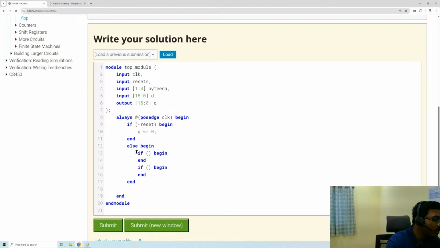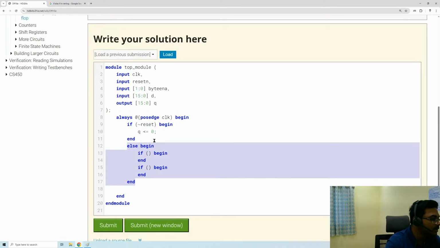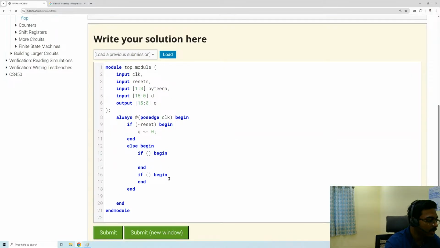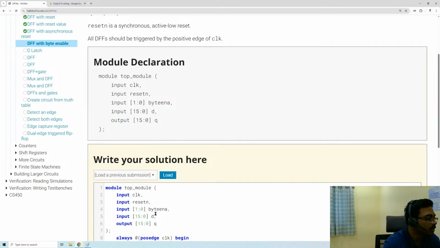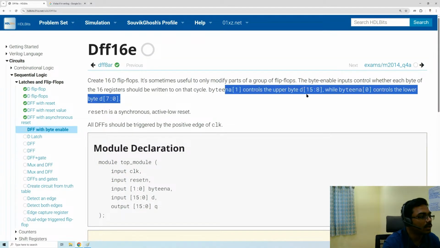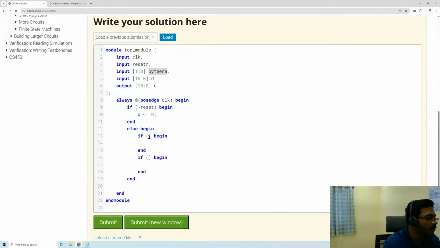Okay. What I'm doing is, else means when reset is not there, basically there's no reset condition, we will check if the lower byte is enabled, we will take the lower byte value. So it's like byte enable. Okay, byte enable 1 controls 15 to 8. If byte enable 1 is active,